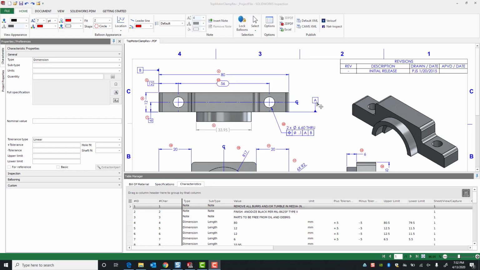Hello, this is Alejandro with GSC, and today we're going to learn how to create custom first article inspection Excel templates for SOLIDWORKS Inspection. So the first thing you're going to want to do